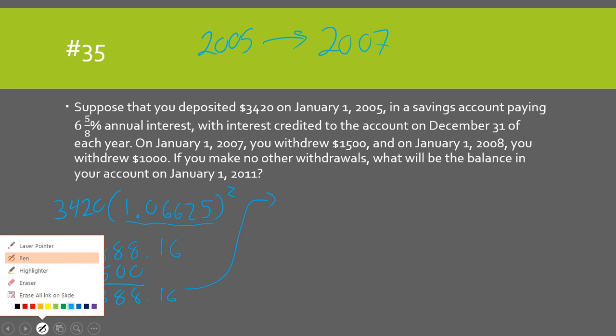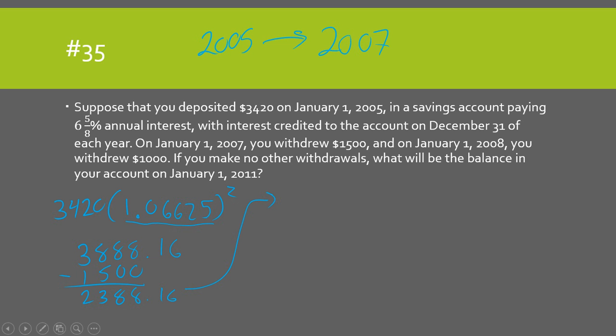Now we're going to go on to the next one, which now we take this 2,388.16 and we're going to multiply it by the same amount, 1.06625. And how many years is it from January 1st, 07 to January 1st, 08? How many December 31sts did we pass? 1. So we take it to the first power. And now we have $2,546.37. And what we have with this is now we withdrew $1,000, so we took out $1,000,